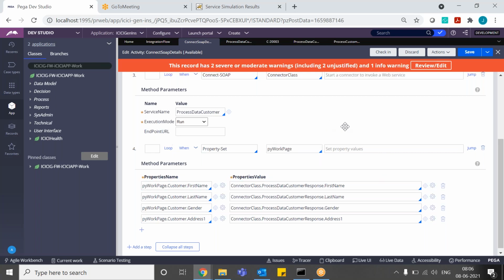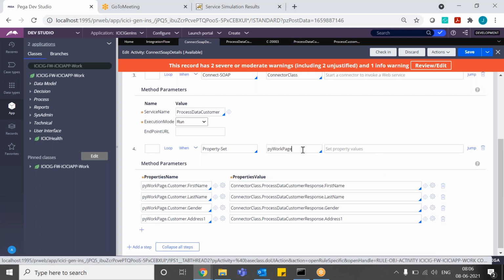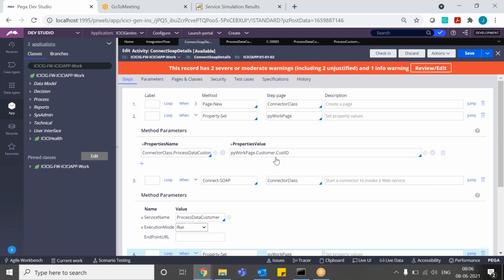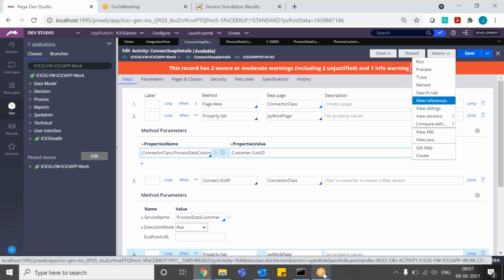Inside that you have PY work page, right? That you can remove. Inside, yeah. So here also shall I remove the property value? Yeah. Shall I run it? Yeah.